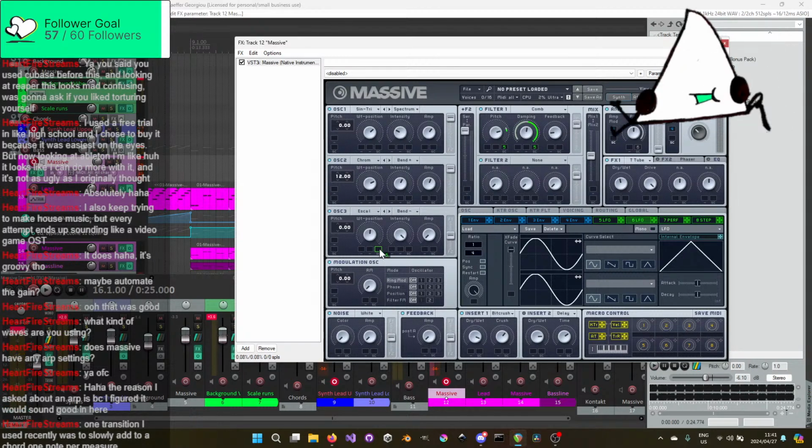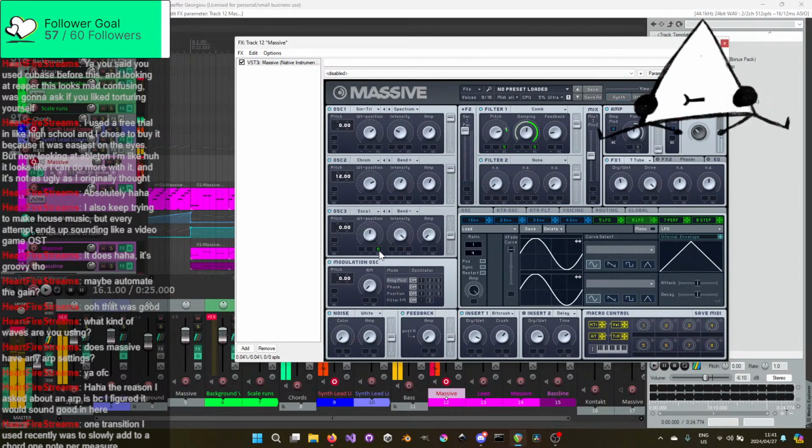What if I mess around with the position? What if I just throw an LFO on there? See if I notice. I'm not noticing. Could also just mess around with pitch.